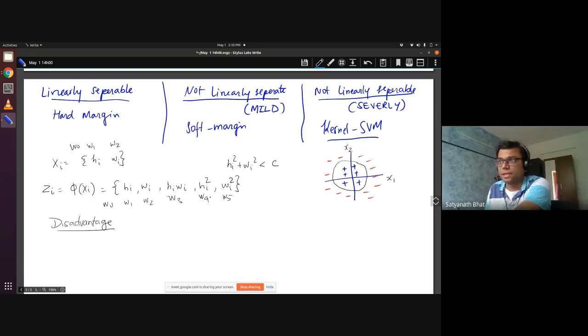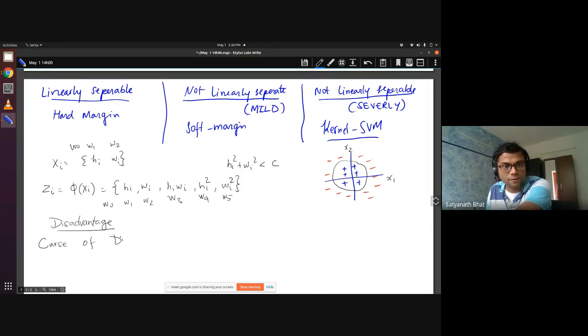Yes, so yeah, that is essentially the problem, right? So even with 2, you see that it has become 6 here. Okay, so when you take higher and higher, suppose instead of these 2, if there were height, weight, and let us say 2 more things, blood pressure, heart rate, and if you square it, then you will get far more terms. Okay, so the disadvantage is it is called the curse of dimensionality.